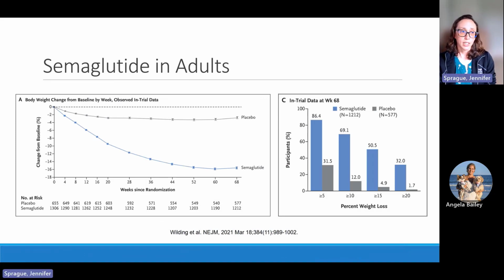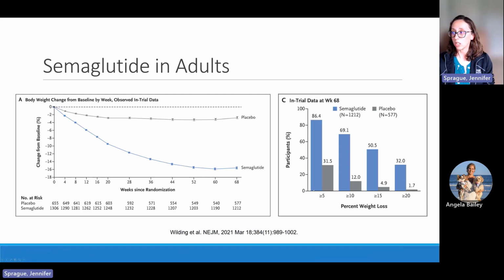Now, semaglutide, you've probably heard more about recently. Semaglutide is marketed as Ozempic for diabetes and as Wegovy for weight loss. This was approved for weight loss in adults in 2021, and the next slide will look at the adolescent data from 2022. You can see we're approaching 15% average body weight loss with semaglutide compared to placebo at 68 weeks